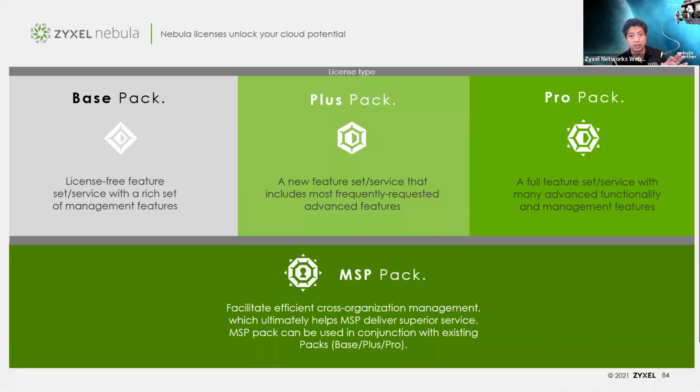It's like feature sets. So if you want to learn more about what those feature sets are and the main differences, we have Zyxel Nebula battle cards that we can send you. Just reach out to one of the sales reps that we mentioned earlier, Jacob, David, or Andy, and they'll be happy to send you that information. And we will send that off to you to help you think through which one is best for